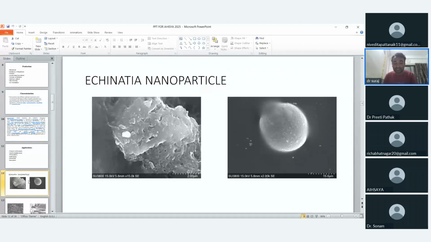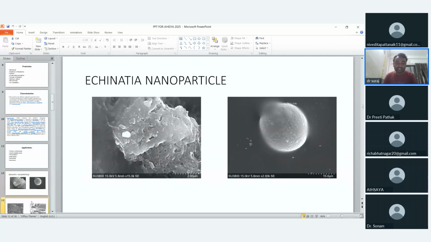In Parul University, we have a micro nano lab. In this micro nano lab, we have SEM, we have AFM, atomic force microscope, and we have a UV visible spectroscope. Now we are moving towards STEM also. So this is one of the research works completed by a first year BHMS student.